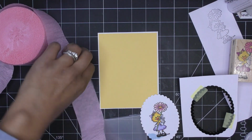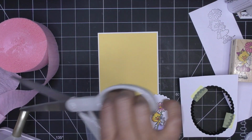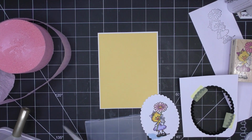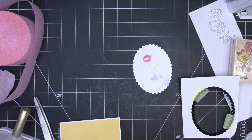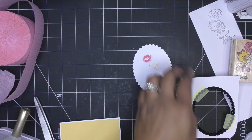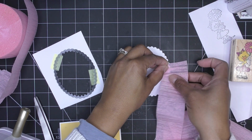I'm just going to cut a big long strand too, because I don't know how much of this I'll need, and if it doesn't work I'll just tear it away. And I believe I'm going to put tape all over the back of this to get that done. So let's just see, like if we start here and just start ruffling it,